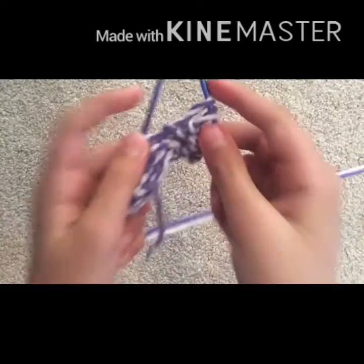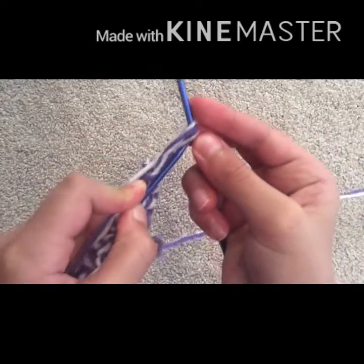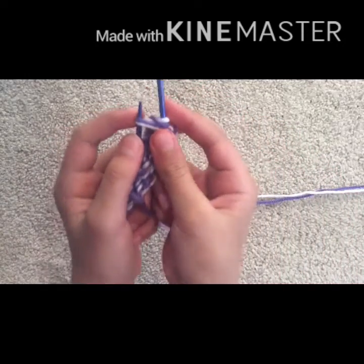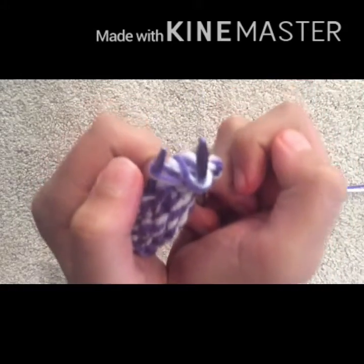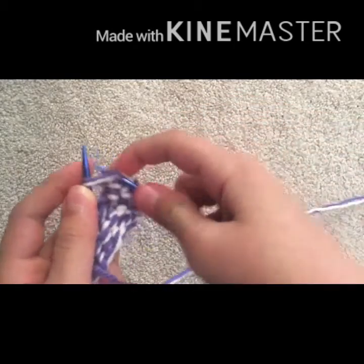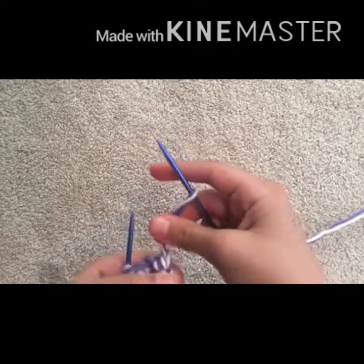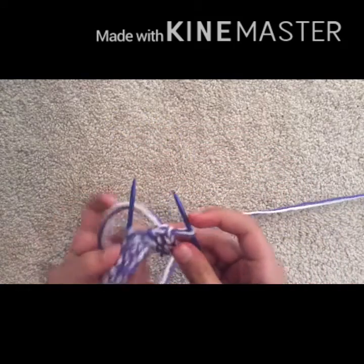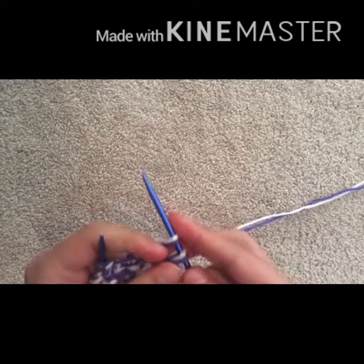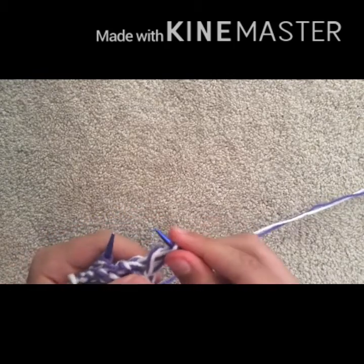So what you can do is you can take your left needle and you can bring it and grab that bottom loop, okay? Grab that bottom loop so that it now looks like this, and I'll give you an upper view. And what you want to do is take your right needle and go down. So you want to bring this notch down and up, okay? And then you can tighten. This is a little bit too big for me, so I'm just going to tighten just a little bit. And after that, you can just knit 1,